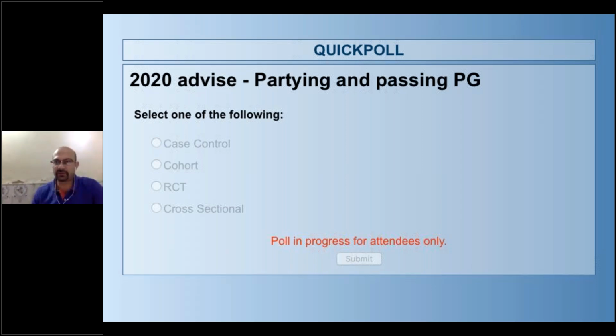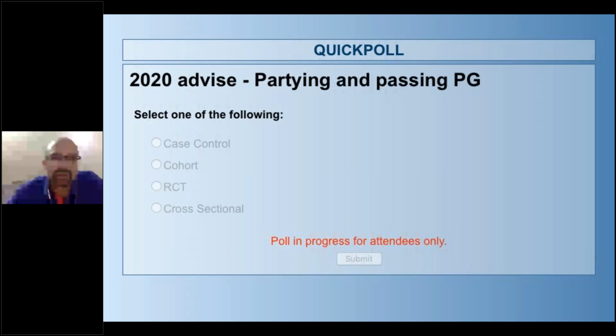And the poll is open now. And if you can answer this question, then I would say you have understood most of what we have talked about in the last 30 minutes. Cool. So the voting has ended in another 5 seconds. I will be closing the poll and sharing the results with you. Closing the poll now and sharing the results.